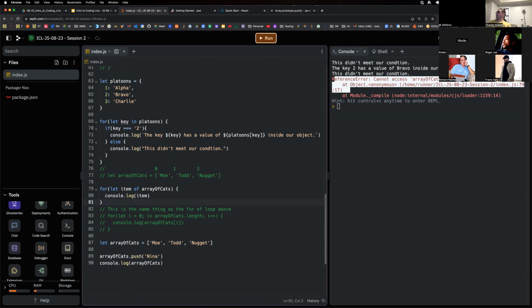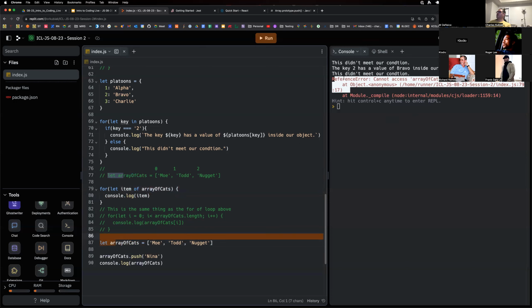No, cannot access array of cats before initialization. Where did I go wrong? Oh, because I still got this for loop. So notice, I commented it out up here, and I'm still trying to access it right here, even though